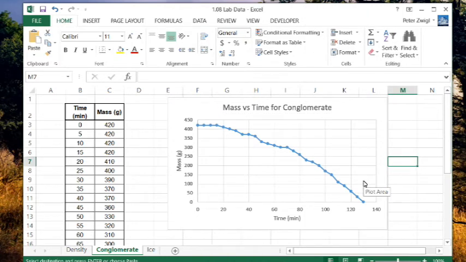So this is basically what we're looking for. On the y-axis is the mass, on the x-axis is the time. It's scaled appropriately. We can even estimate, it was stopping at 130. And if you have doubts whether this is straight or not, you can insert